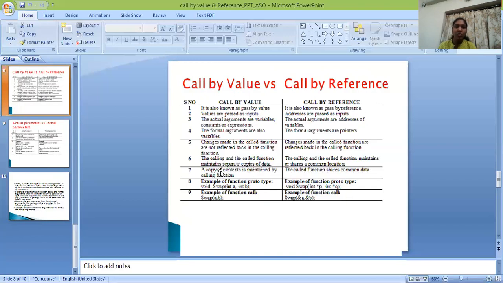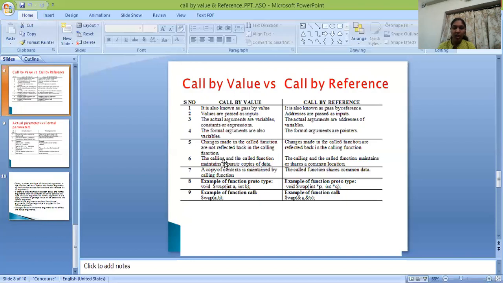In call by value, changes made in the called function are not reflected back in the calling function. But in call by reference, changes made in the called function are reflected back in the calling function. All of you have seen the above examples.